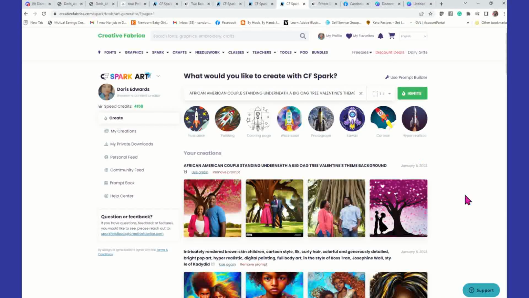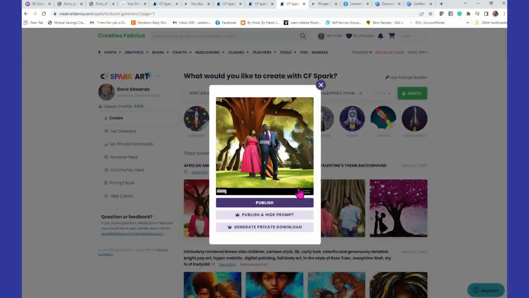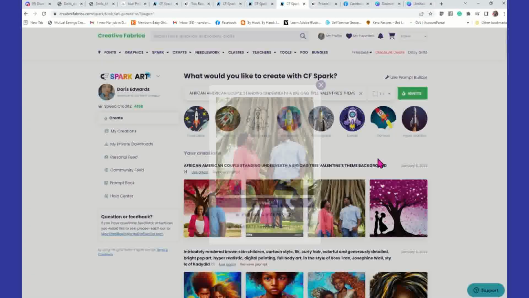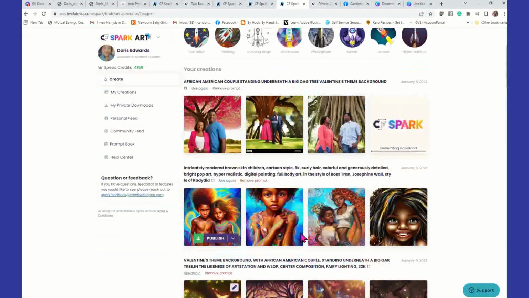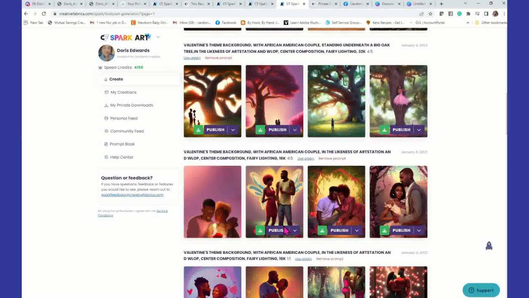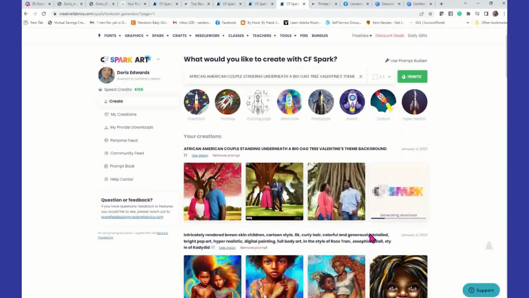Okay, now what you can see here is this one doesn't really feel like a Valentine's theme background, neither does this one, and nor does this one. But the way we built it out, now this one kind of hits the mark, okay? But notice we got a lot more that we could publish based on the way we built out our prompt, I meant to say,